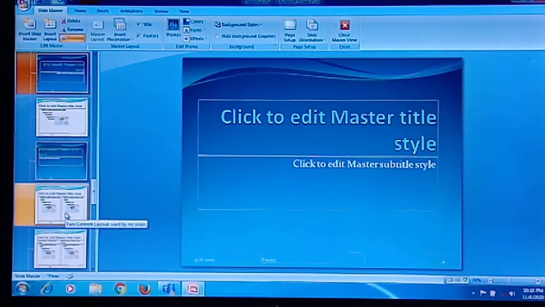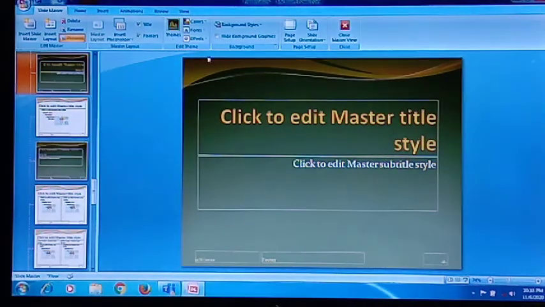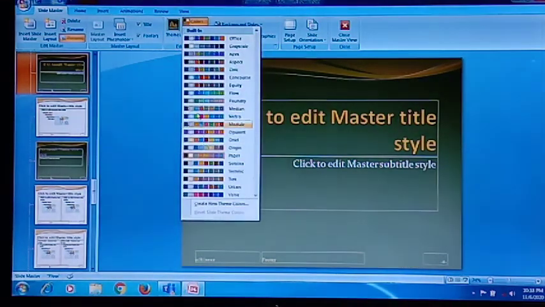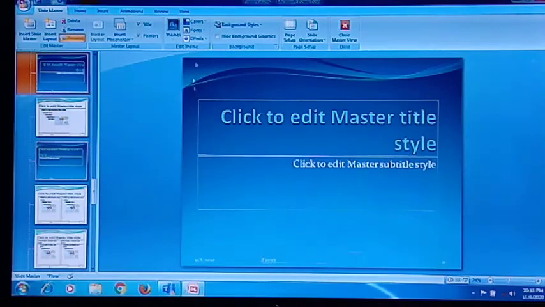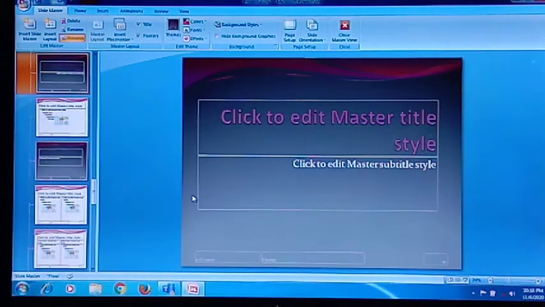You can change the color also. Okay, you can edit from here. You can change the color, different colors you can give. Alright, see, you can give different colors to your themes. We can change it from the colors. See, from here also again, if you want to change it, you can change it. Different color styles we can give to your master slide, and other slides accordingly will be changed. So this is how you will give the color to your particular style.